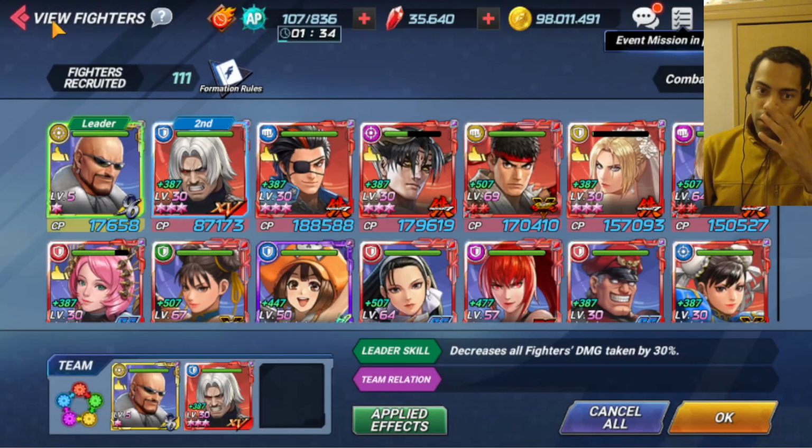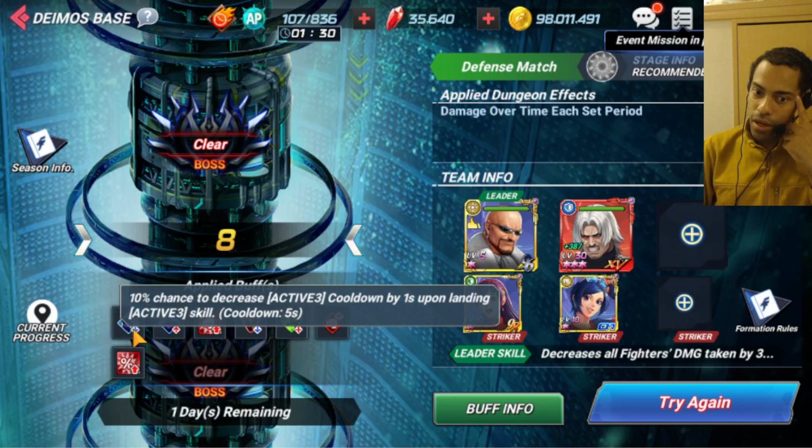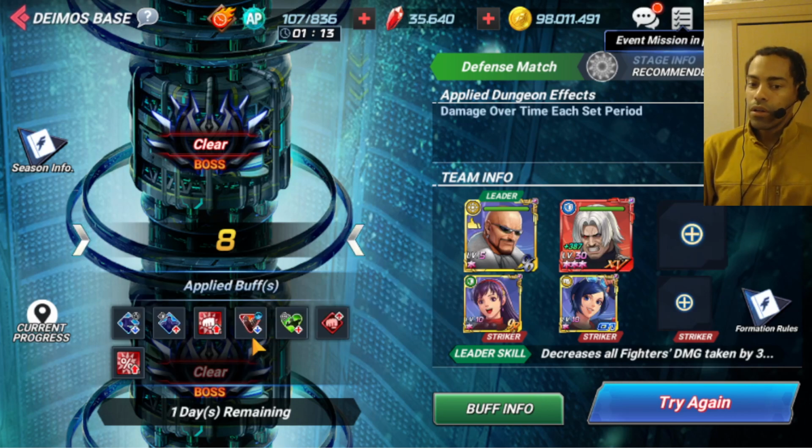Because what you can also take into account is that your Deimos Base gives you buffs here. So this one is active 3. There's a 10% chance of reducing cooldown by 1 second. So that could technically help you. Probably as you build these buffs up, that'll help you even more. But it's a 10% chance, and it's only for active skill 3 or whatever one you choose. Here's another one here where it's...